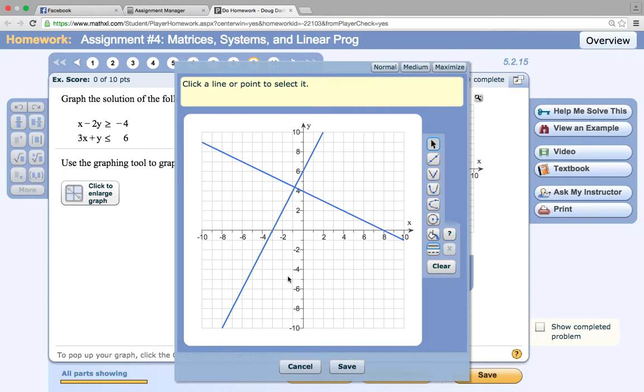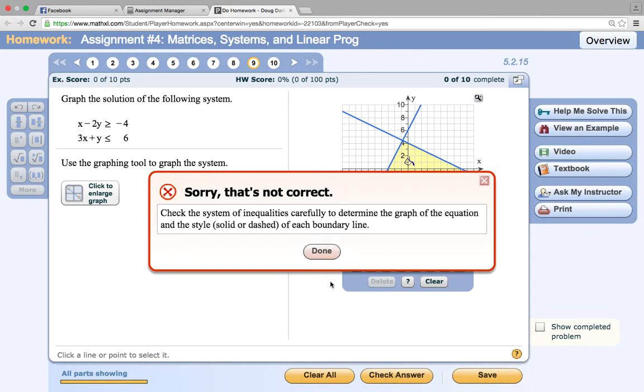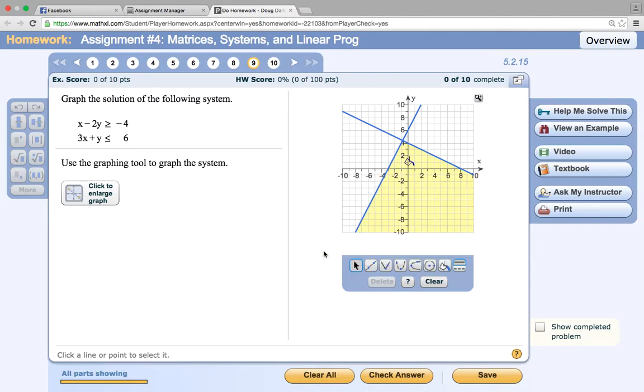Well, to get that, I would come over and click the region shading tool. And I would come over here to this region and click it and then hit save. Now I'm going to check my answer, and it's not going to be true because I just made up the problem. But guys, anyway, there's a quick video on how you can use the graphing tool to solve a system of